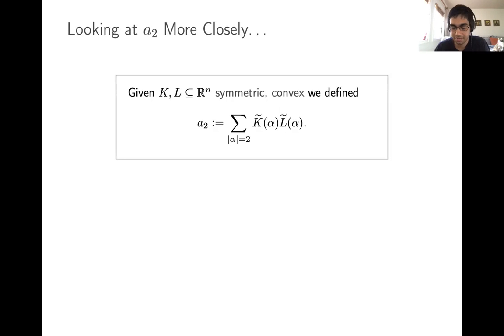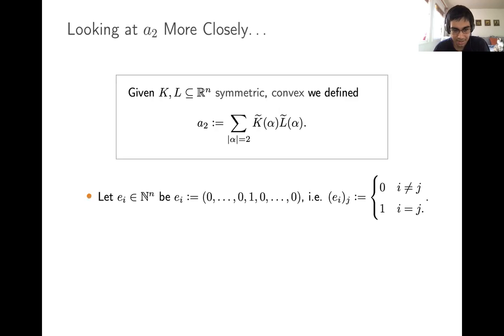The product of the corresponding Hermite coefficients of K and L. And let's look at these Hermite coefficients of degree 2. So just some notation. Let e_i denote the standard basis vector in